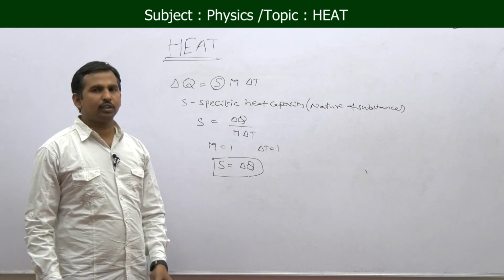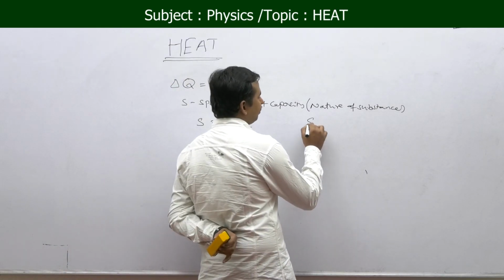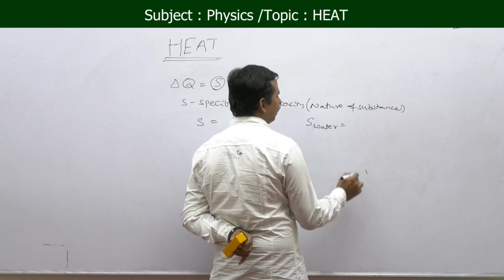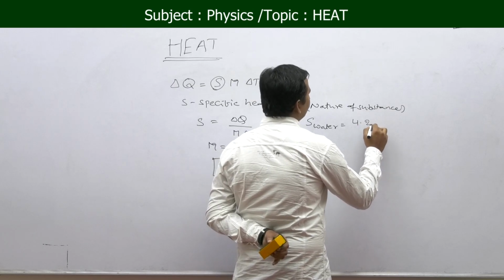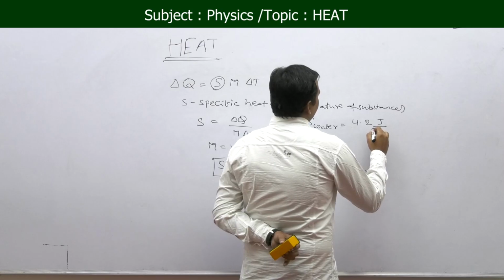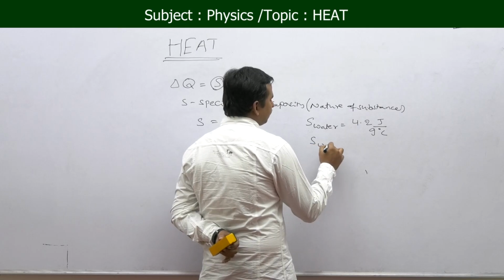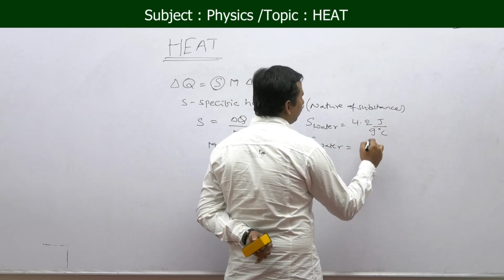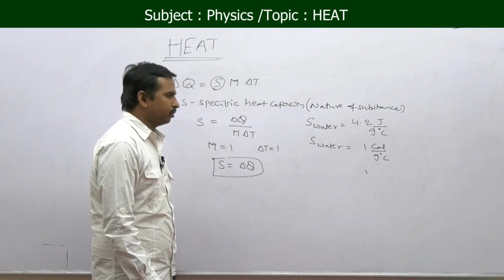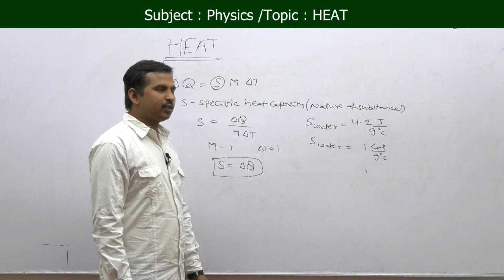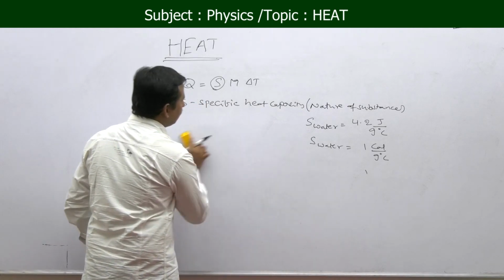Now, the best example for this specific heat capacity is the case of water. The specific heat capacity of water is equal to 4.2 joule per gram degree Celsius, or you can also write that as 1 calorie, since 4.2 joules is 1 calorie, per gram degree Celsius. So, what do we mean by the specific heat capacity of water? 1 calorie per gram degree Celsius means here water